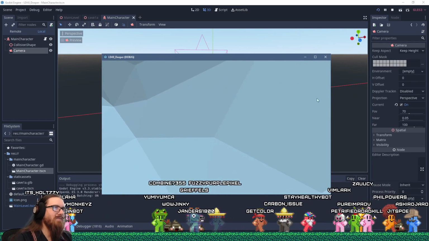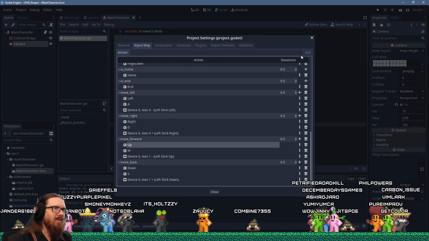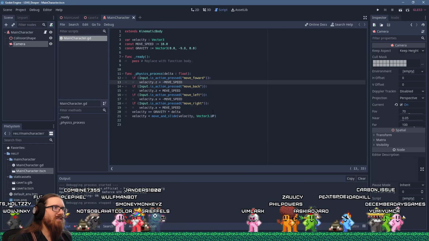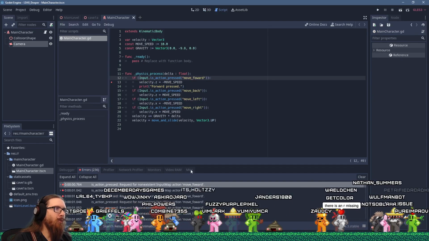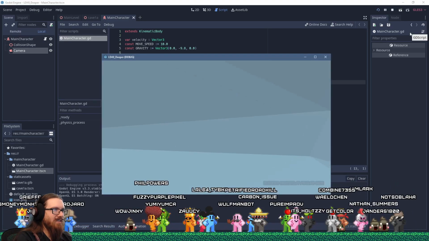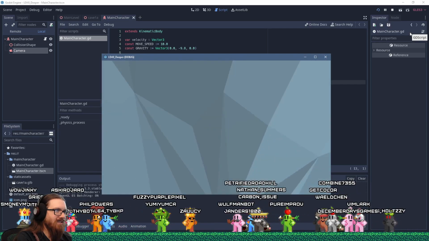The forward doesn't seem to work. Move forward, velocity Z. Alright, move forward is up and W. Back, left, and right all seem to work, but forward does not. The real game dev starts now. Whoa, what is this debugger complaining about? Move forward. Move forward. Pay attention to errors. That's the moral of the story right here. Okay, now we can move forward, and we can move backward, we can move left and right, and we can